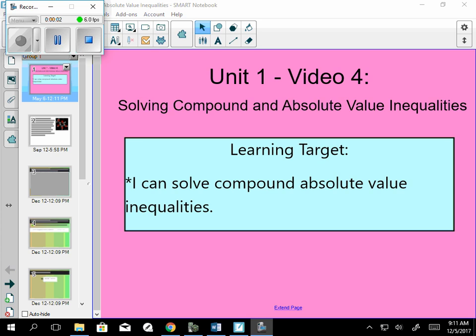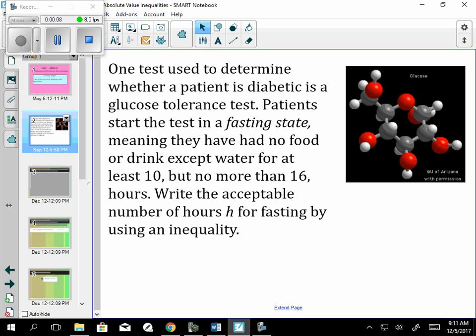For today's lesson, we're going to be looking at solving compound and absolute value inequalities. One test used to determine whether a patient is diabetic is a glucose tolerance test. People who are diabetic have a lack of things that are able to process sugar. So it says patients start the test in a fasting state, meaning they have no food or drink except water